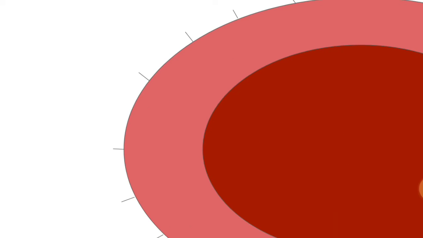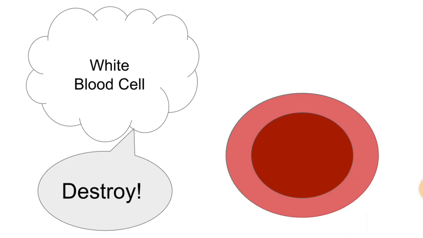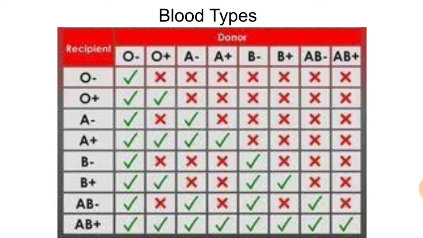So how does it know not to kill a blood cell in the body? It looks for tiny bristles on the blood cell like a key in a lock. If a blood cell with different bristles comes in, it will be killed, because the white blood cells think it's a foreign substance. This is the concept of blood types, and this chart displays different blood types and how they react